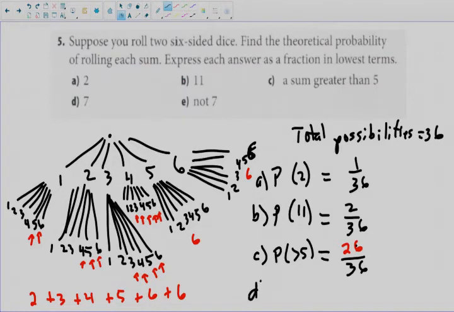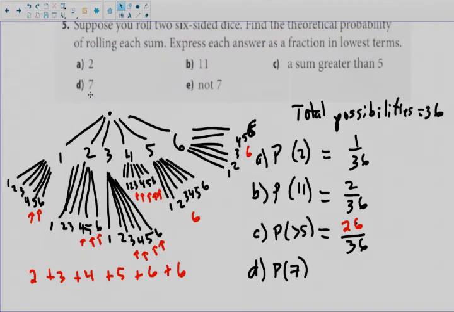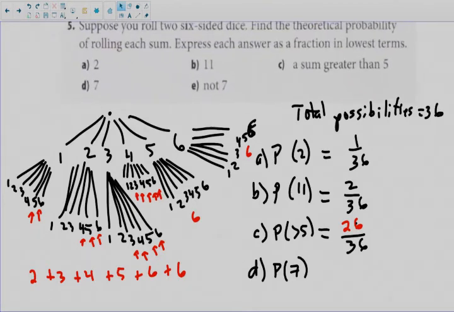For D, what is the probability of rolling a 7? Now, you might have noticed there's a game in the casino called Craps that rolls 2 dice, and they're often asking for a 7 or an 11. Okay, so that's kind of why these two numbers, the 7 and the 11, are being highlighted here. So the 7 here and the 11 here. I can't highlight it. Anyway,